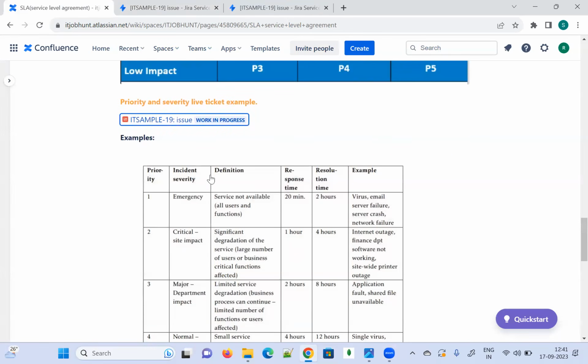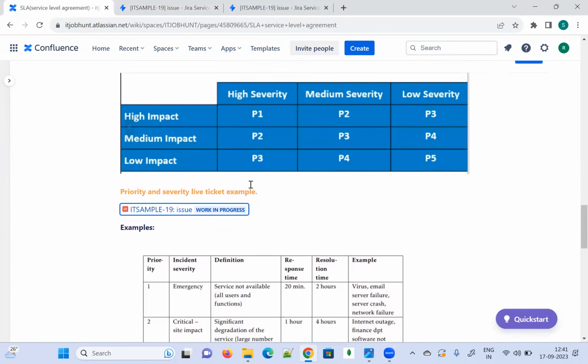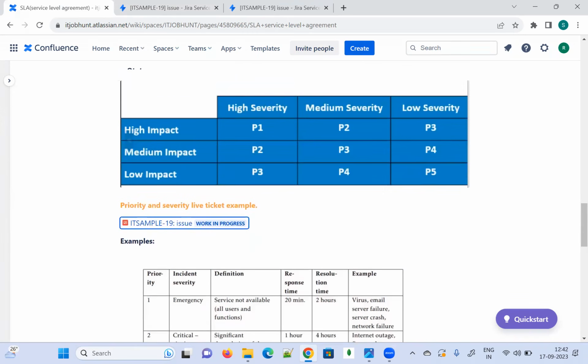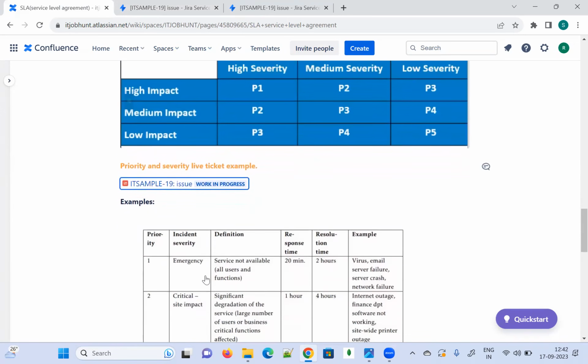Priority one tickets: when I go for priority one, the high impact, high severity P1 ticket, I am going to raise it. This is the priority one ticket, emergency. The incident severity is emergency, meaning high severity: Sev 0 and P1 ticket.